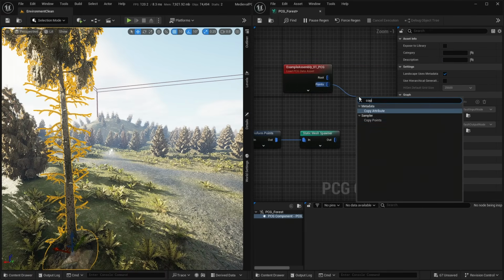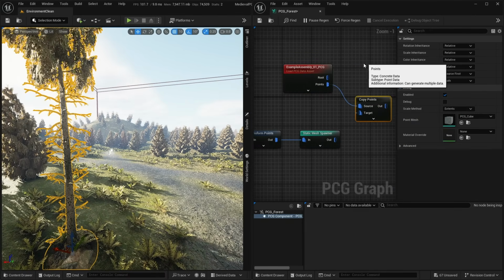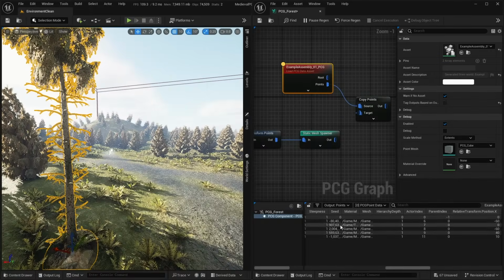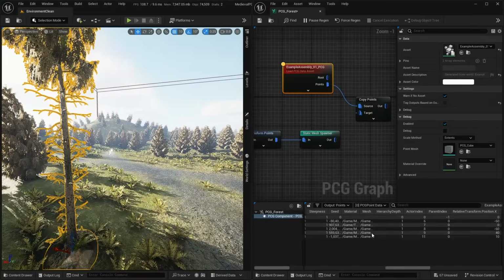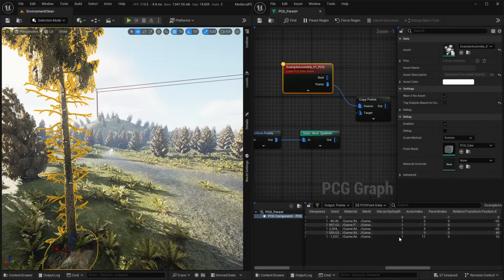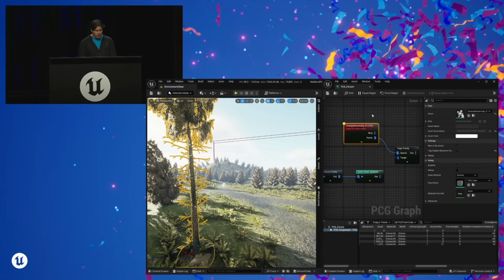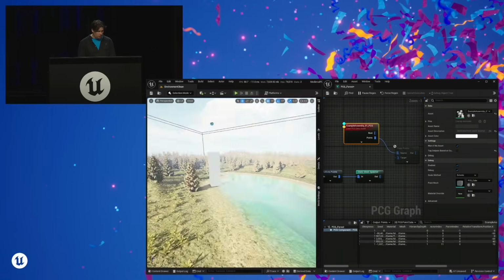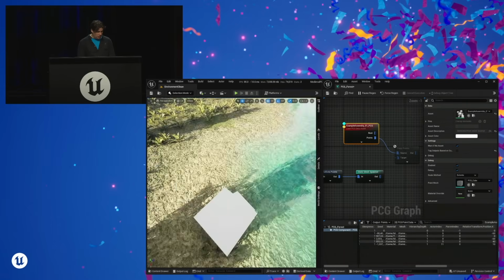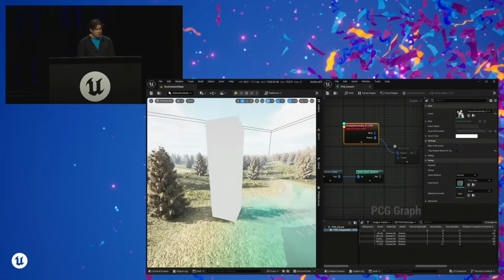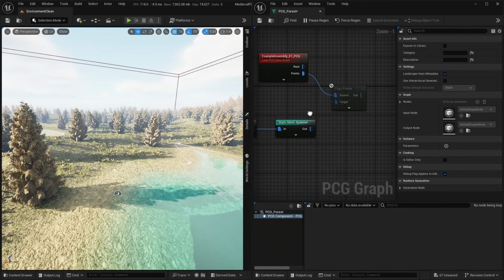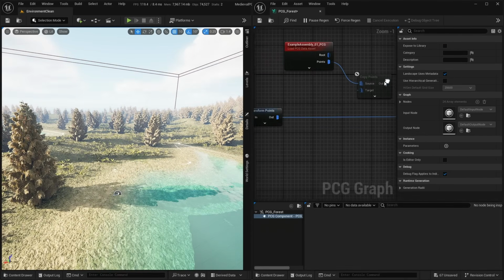The cool thing is I can copy the points from it, because if I hit this and hit A, I can actually see that there's a bunch of meshes and materials and stuff assigned, point data. Do you see that there? I can see the attributes of this node, and if I hit D, it'll be somewhere at 0, 0, I would expect, which is, yeah, there you go. So if I hit D, we can actually see that there's a bunch of boxes around where all those meshes would be. What's cool about that is if I put you along,